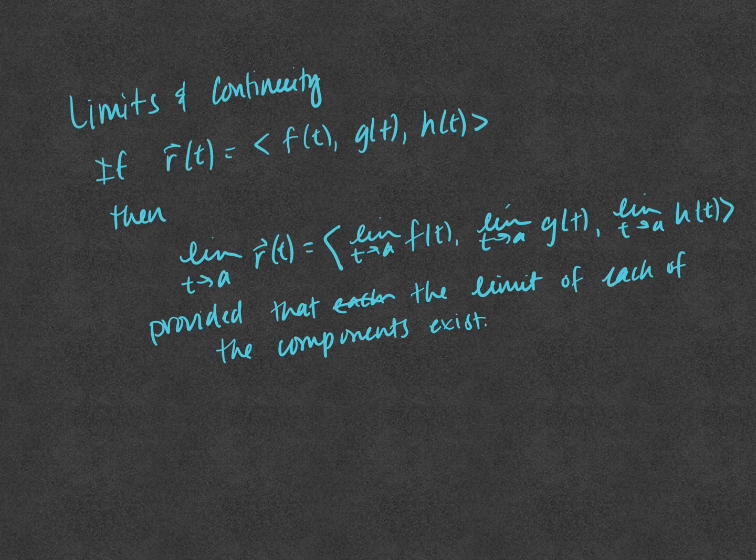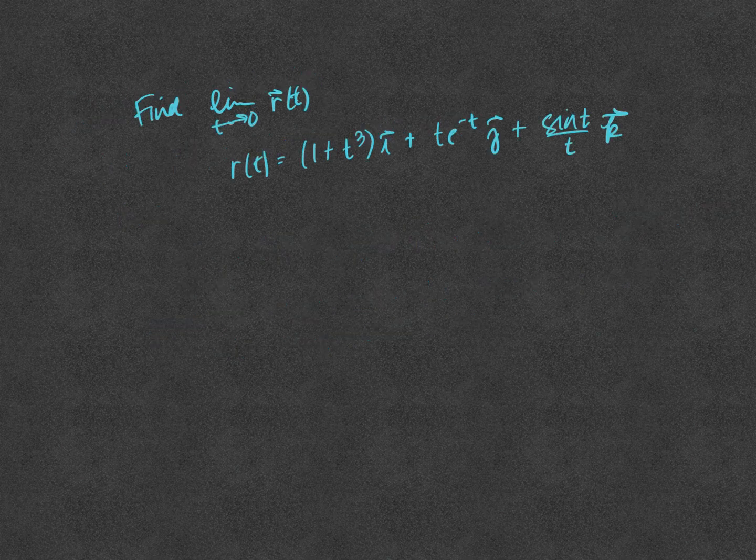So if the limit doesn't exist, you have different problems here. So let's do a problem here. This problem says to find the limit of r of t as t approaches 0. So that means we're going to say the limit as t approaches 0 of r of t equals the limit as t approaches 0 of 1 plus t to the third i